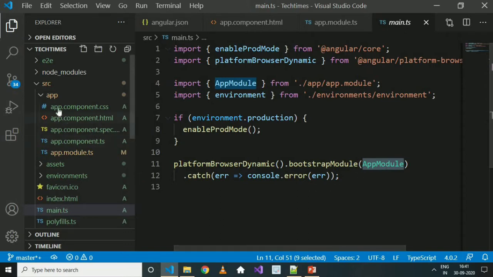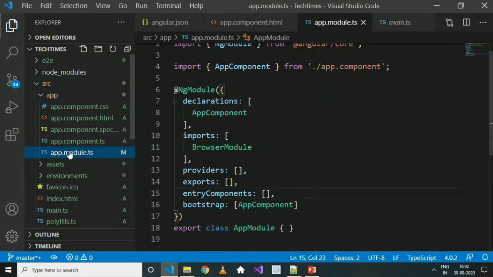You can see in the app.module file a bootstrap array, which is basically a list of all the components analyzed in the index.html. So what does that mean? It means the bootstrap array contains the app component file. You can check that app component file.